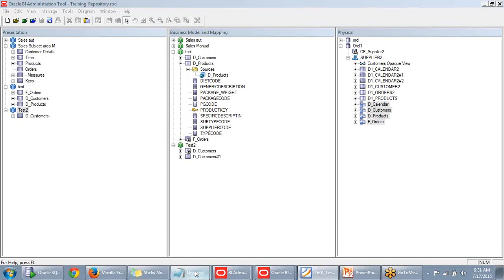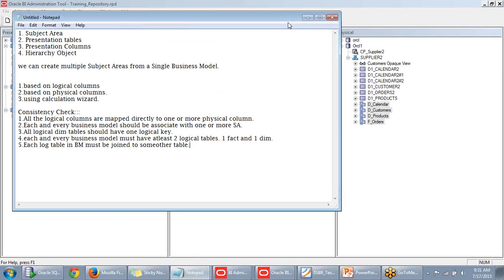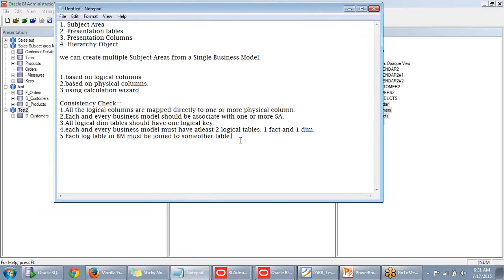Now let us discuss the different servers that are available in OBIEE. I have discussed this already, but I am going to give you a quick recap of the servers that are present in OBIEE. The first server that is present in OBIEE is